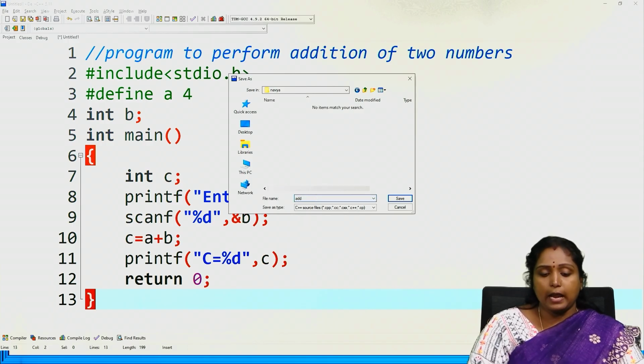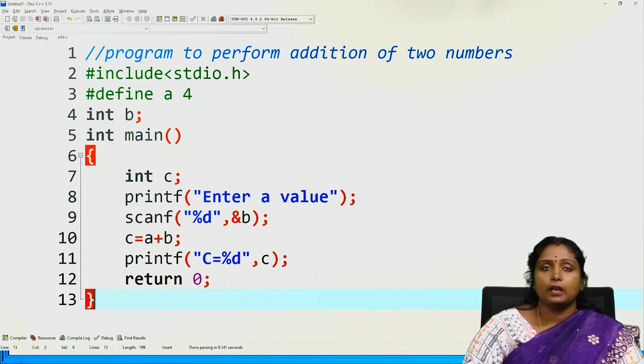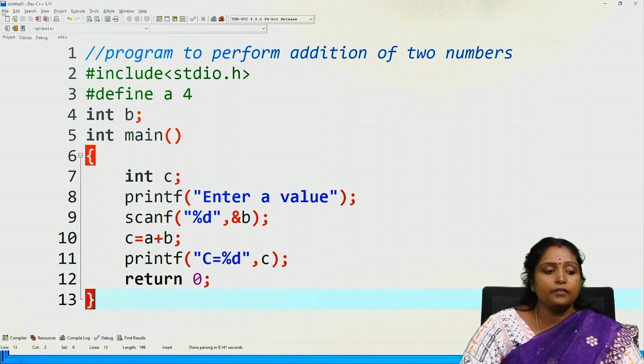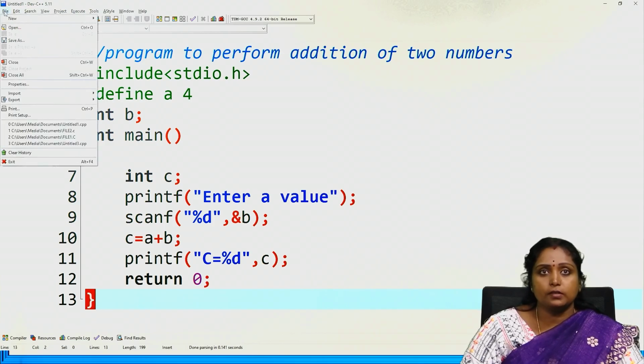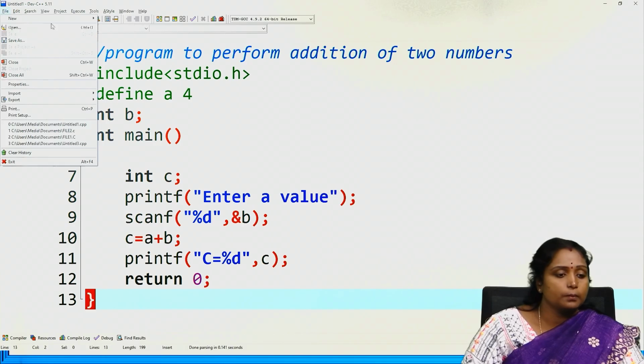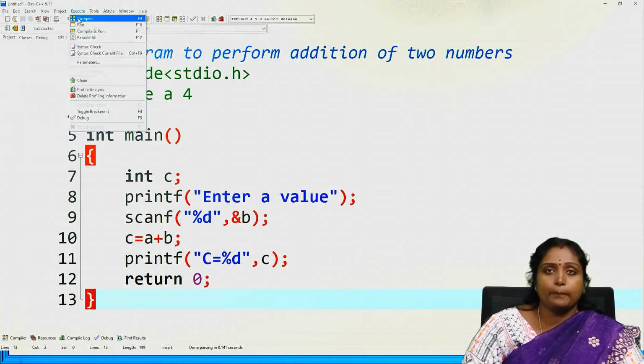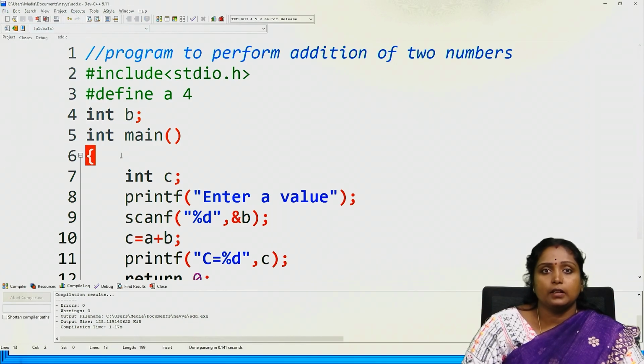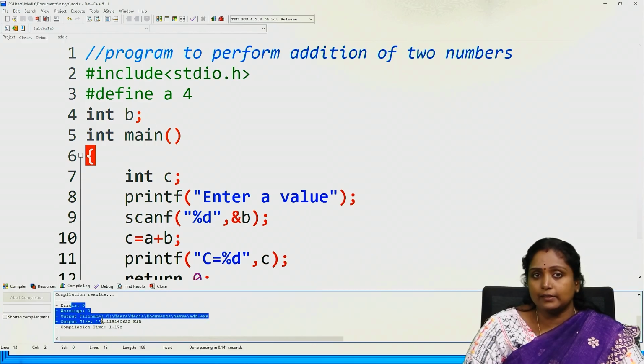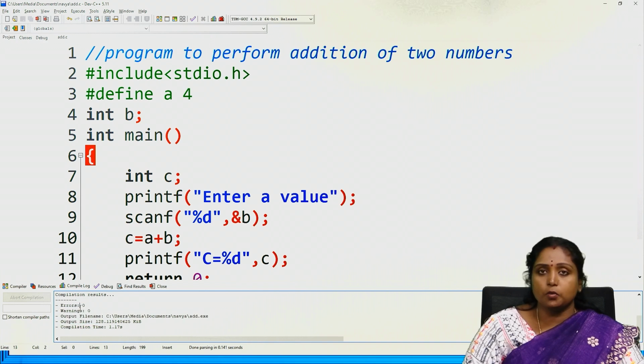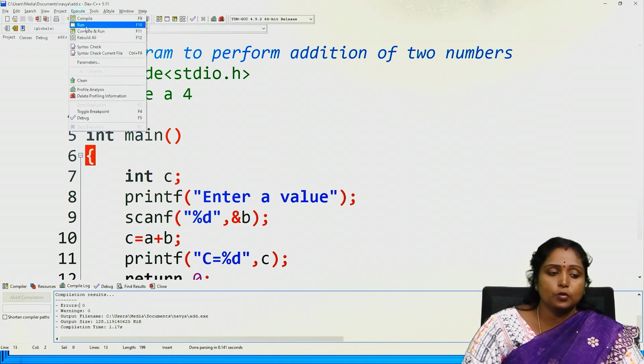So I am taking add.c. I have saved it. Now you will have the compilation process. In the Execute menu, choose compile. Here the compiler will compile the program, and if any errors are there, it will throw them. So I got no errors. Then you will have the run option. In the Execute menu only, you have to use